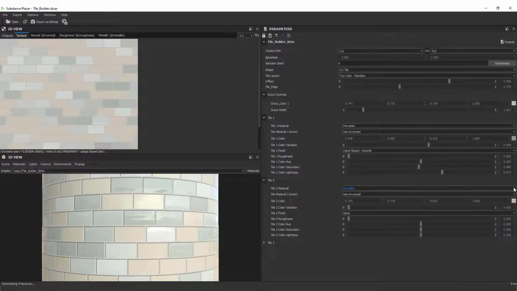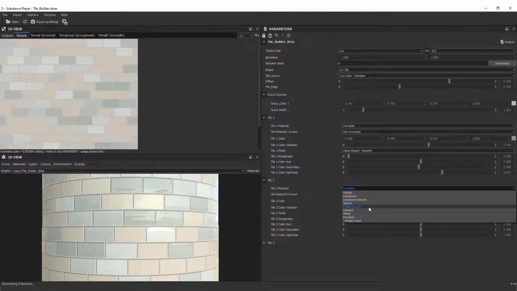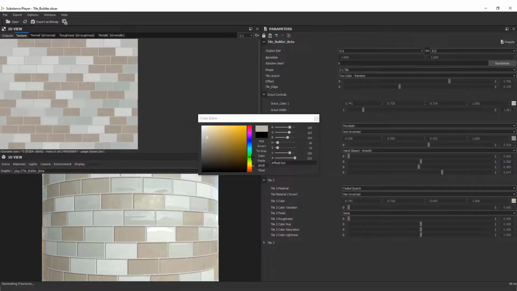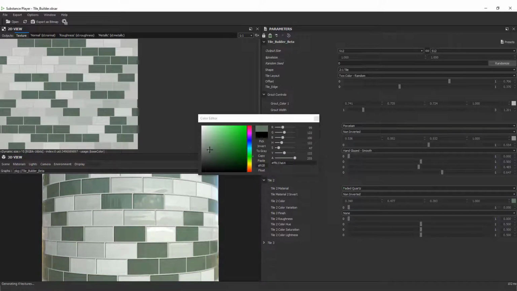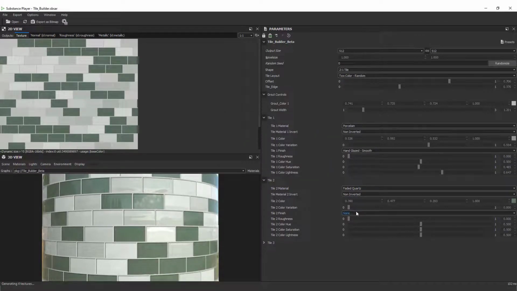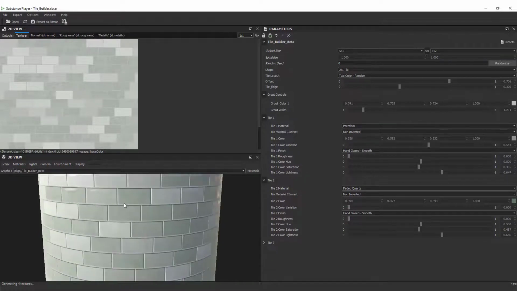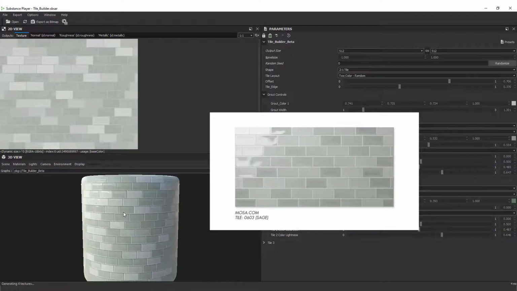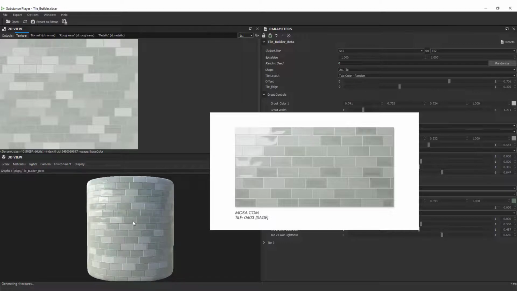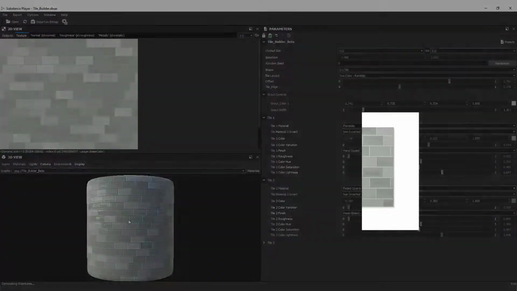Follow the same guidelines for tile 2. This time choosing a slightly darker tone and faded quartz material to give it a painterly look. Select Hand Glaze Smooth, then fine-tune the color using the remaining slide bars. The final result is very close to our photo example. Use these techniques to create almost any tile under the sun.